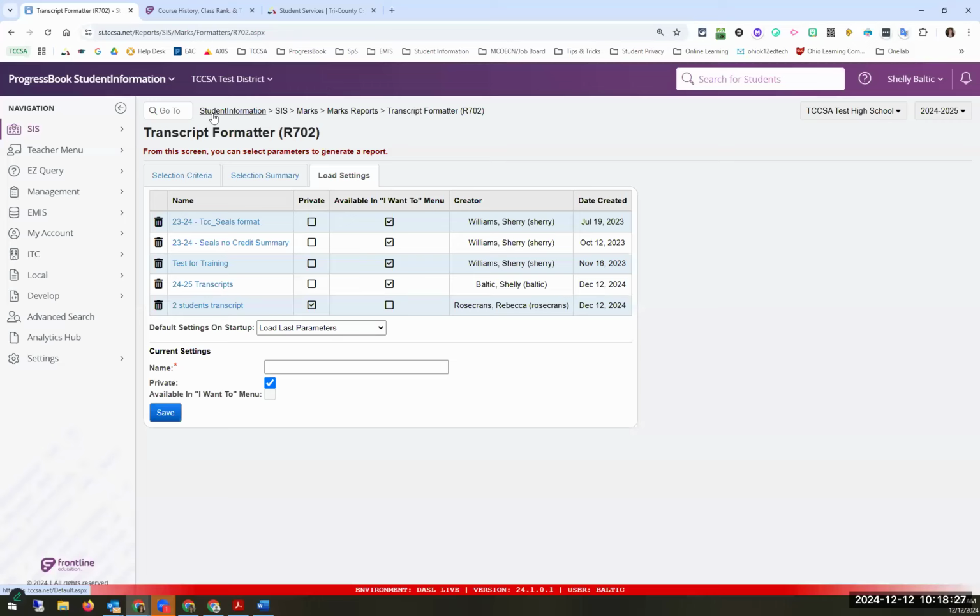Okay. Any other questions? I think it was Julie that had the question earlier. So hopefully, saving your load settings with the I want to, you will now be able to see it when you pull up a student. Perfect. Good. Okay. So if you're looking at the documentation, the next part of it, starting on page 33,